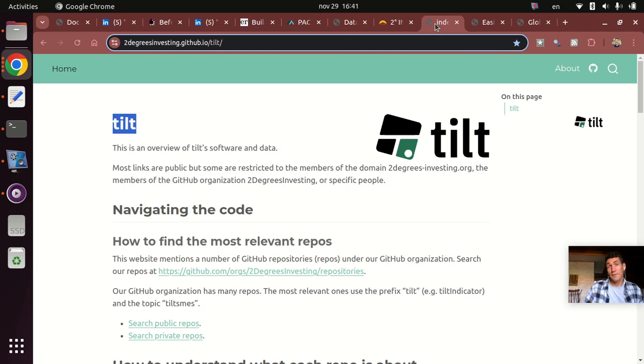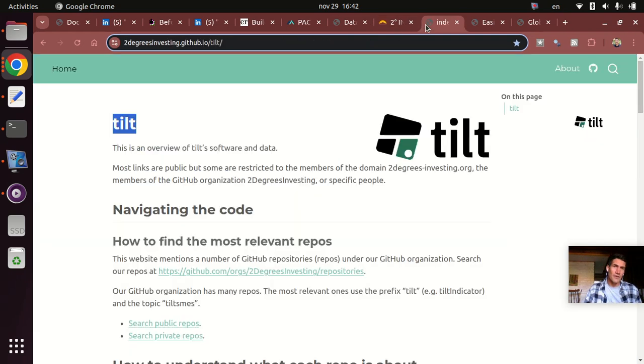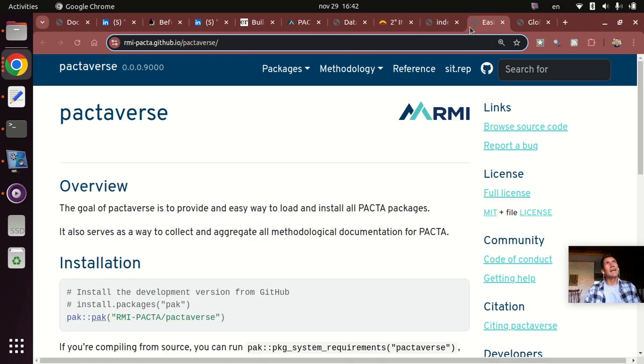And I think, in this case, for example, the TIL project belongs to the Theia Finance Lab organization, but I didn't call that collection Theia. I called it TILT because TIL was the project nested within Theia. I think the same idea was in parallel, although I haven't discussed it with the people in this team,